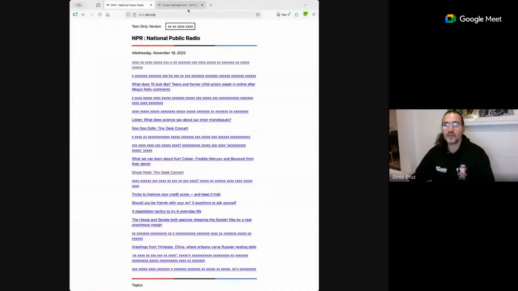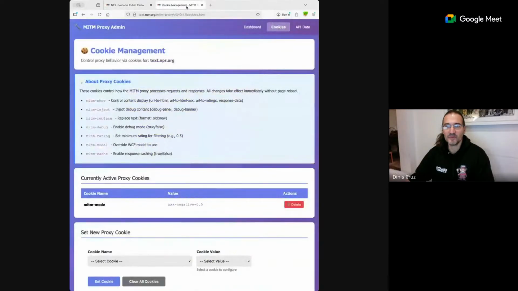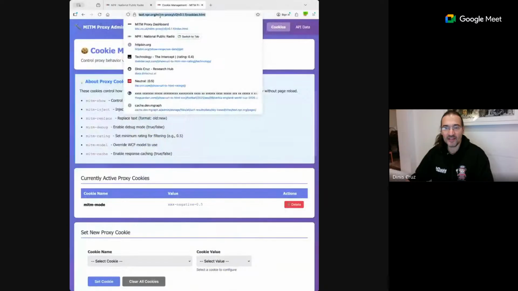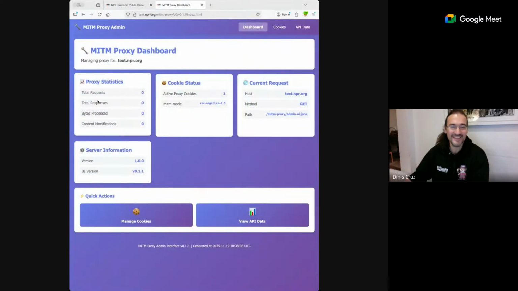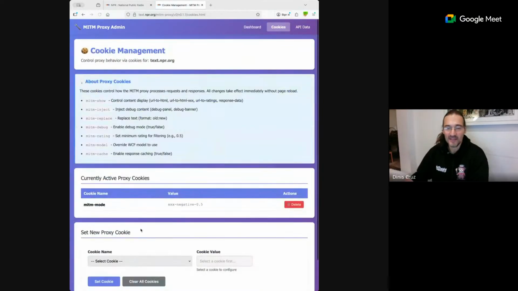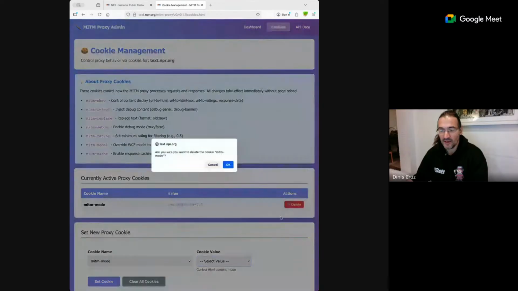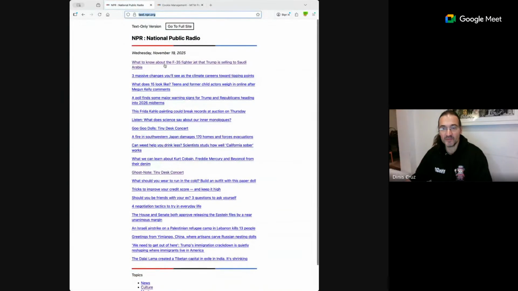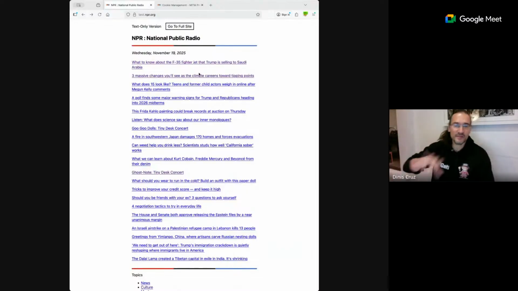Okay, so the workflow here is, again, I go to text npm, and then I inject a new website on it, right? This website does not exist in here. It's something I add in my proxy, and I'll go into how it works in a second. Actually, I'm just going to delete this cookie for now, so you can see what it looks like normally, right? You can browse it, you can see the stuff. This is already going to my proxy, but I'm choosing not to do anything with it.